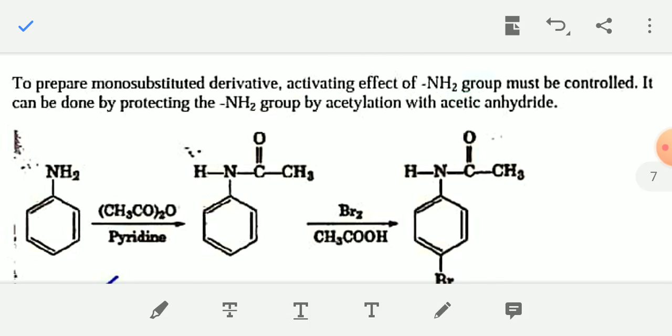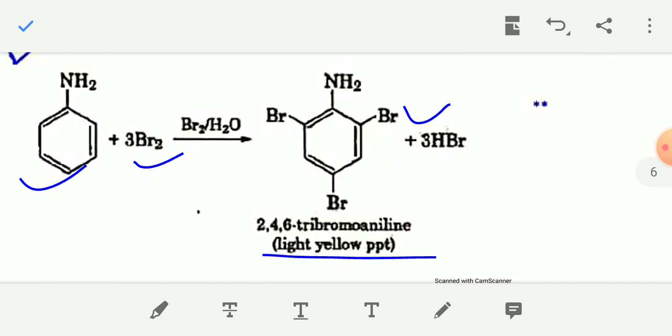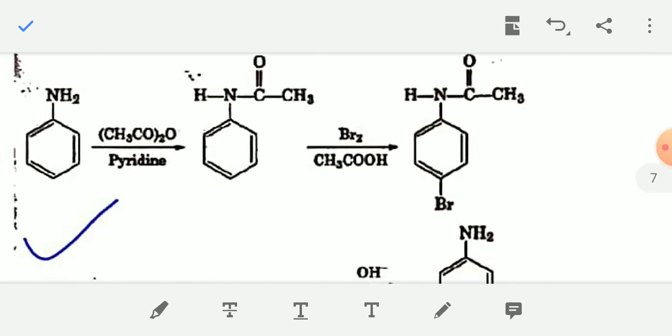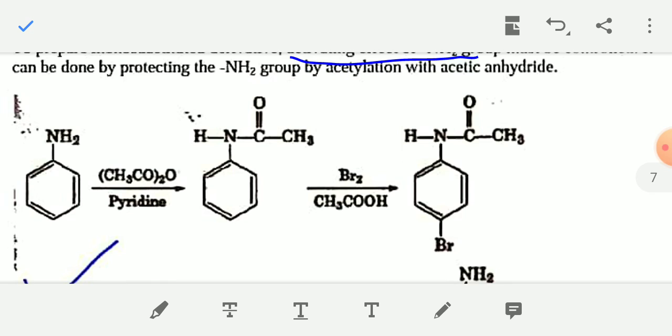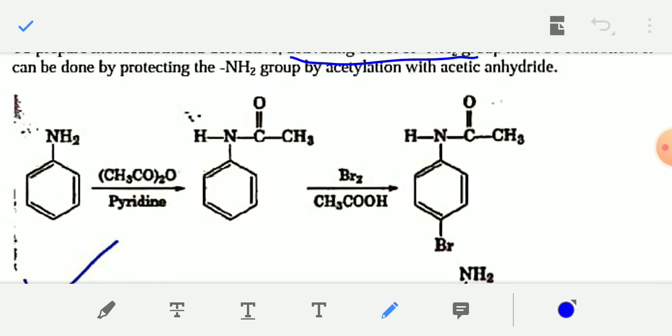That's why we are getting this product, with substitution at both ortho and para positions, that is 2,4,6, due to the high activation power of the NH2 group. And if you want to prepare a monosubstituted derivative, the activating power of the NH2 group must be controlled, and it can be done by protecting the NH2 group by